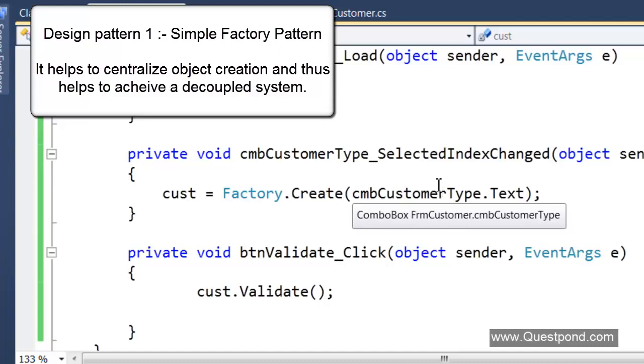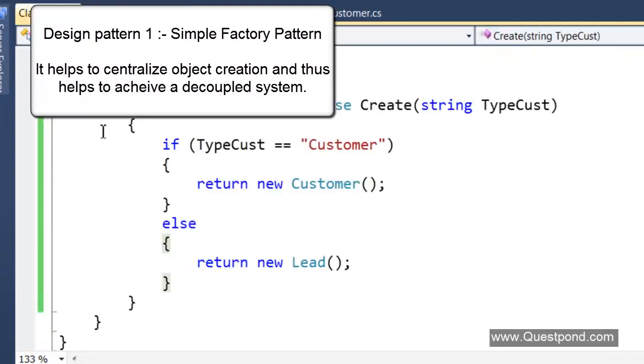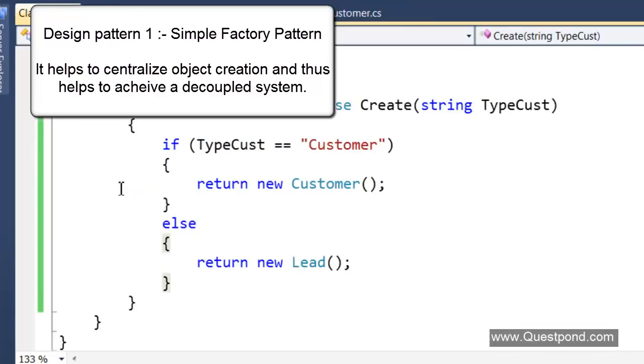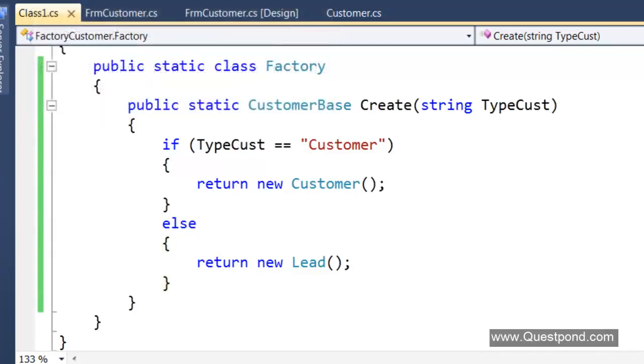the strongly typed classes. So tomorrow, if somebody goes and adds a new customer type here, he has to just go and add that if condition here, and that's it. And all other consumers, so it can be a UI, it can be a batch process, it can be anyone, they don't have to worry what kind of type is coming from the factory. The factory takes the responsibility of creating the object.